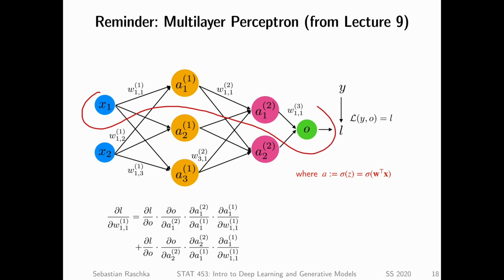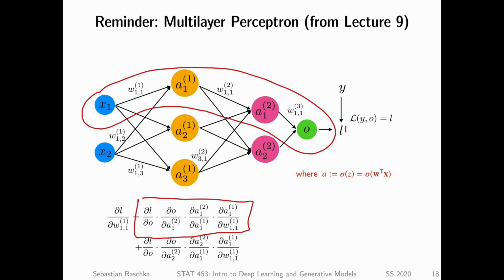So this path, if I only look at the upper one, would resemble this one, because now what we have is the derivative of the loss with respect to O, the output, and then the derivative of the output with respect to the activation of the layer that comes before that. And then we go back further, and then we compute here the derivative, so that is, we are right now here, compute the derivative of this part with respect to this one, and then lastly this one with respect to this one. So this is the fourth term here.